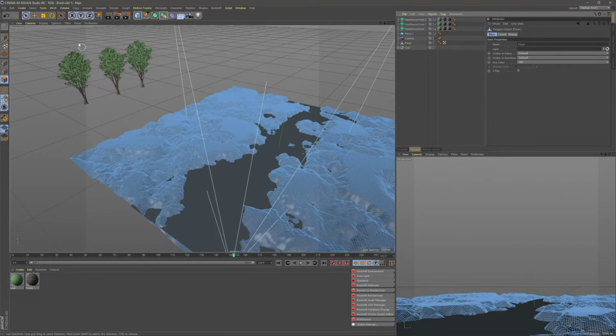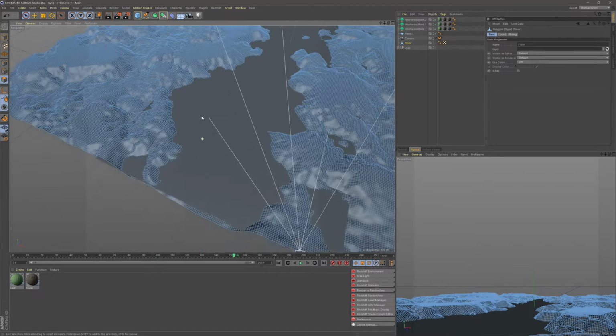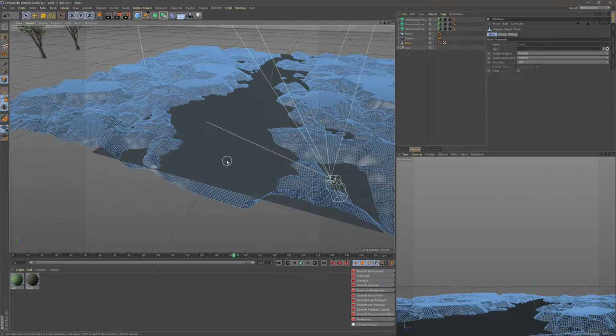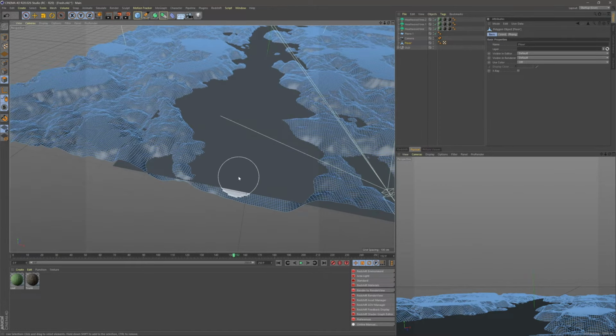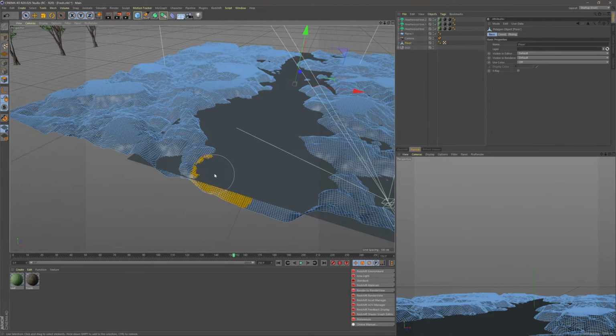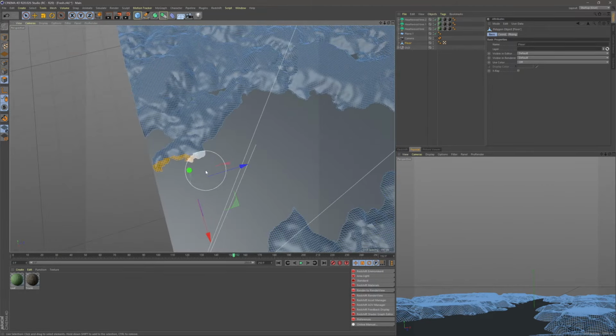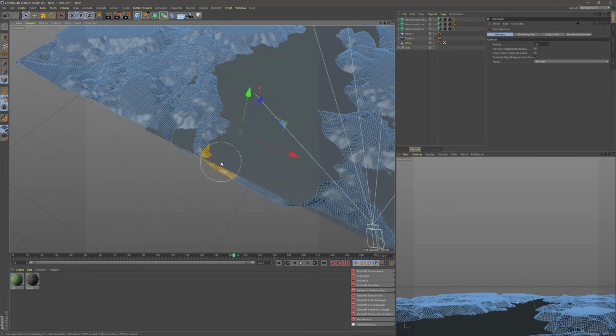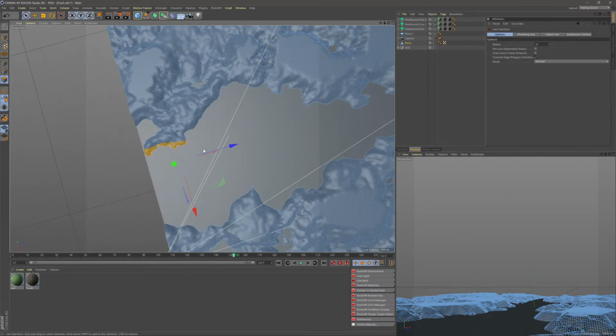So the reason we've made this editable is because we want to come in and select different polygons, and we can't do that without it being editable. But if we just made it editable without saying current state to object, then it would keep reverting the displacer every time we try to select our polygons. So let's go and, first of all, we're going to need a wet map for this scene. So on my selection tool, I'm going to say turn off, only select visible objects. So we're going to turn this off, and we're just going to go around and select all the edges